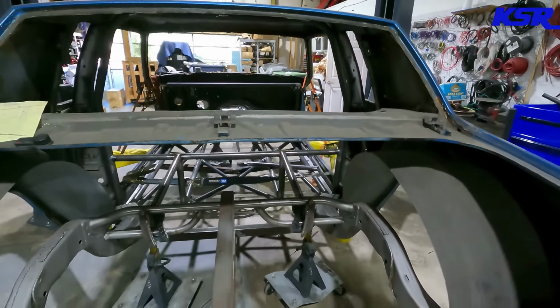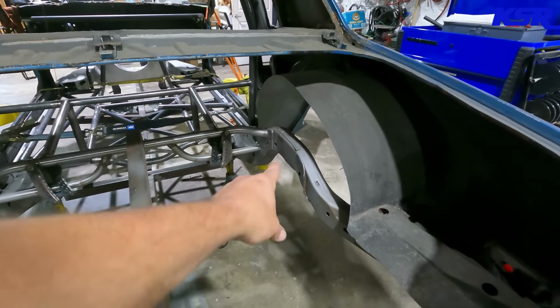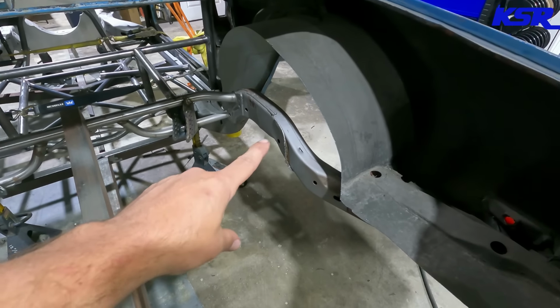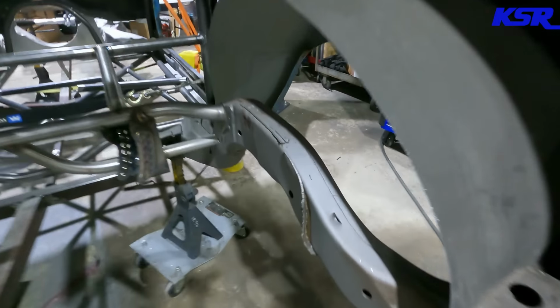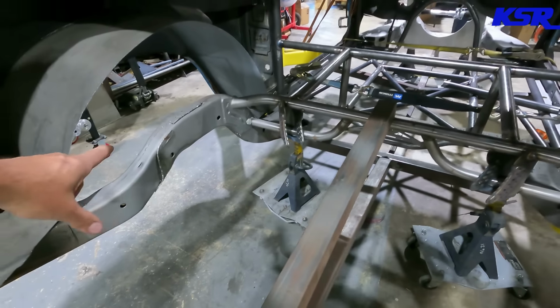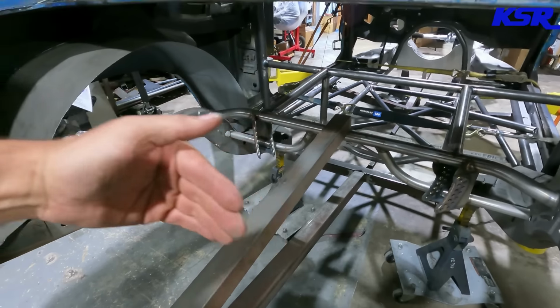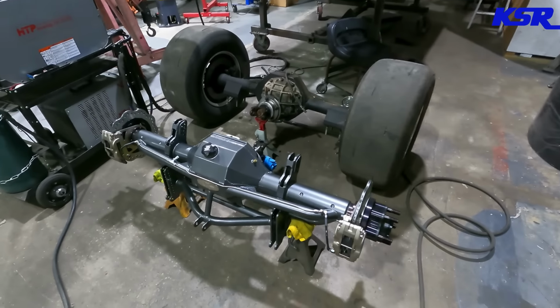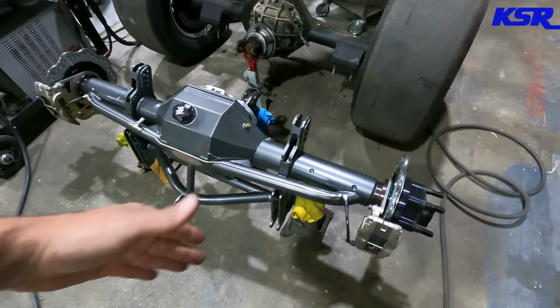He's gone. So I've got to trim off some of the stuff right there, which, am I showing it right in the camera? Yeah, this stuff right there. We're going to trim some of that off, measure out where the center of the rear end is going to be, and then, not to show too much of a spoiler for Steve's video,